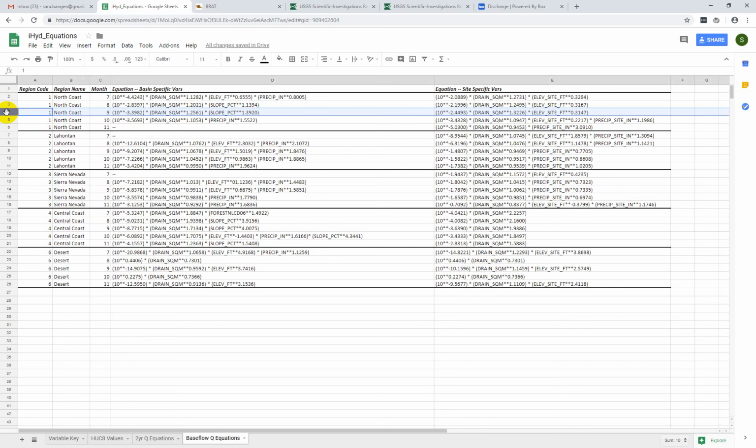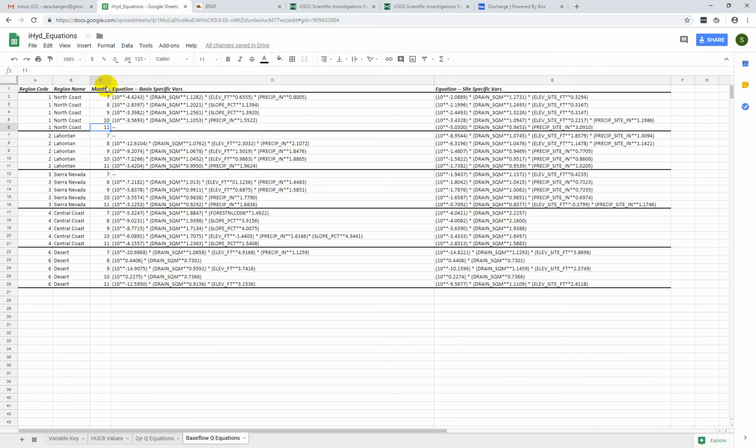essentially for each watershed, if you want to figure out what the low flow month is, or if we just want to, which is how we've tended to do things, or if we just want to across the board say, for the North Coast region, we're going to assume that the low flow month is September, and so we're going to use this September equation for all of the basins that fall within this North Coast hydrologic region. So anyway, that's still to be determined, but at least for now, all of those equations for what are going to be,